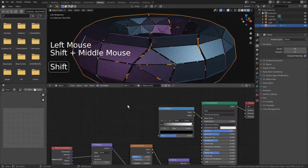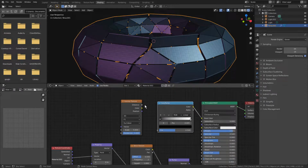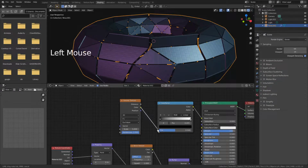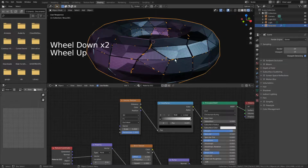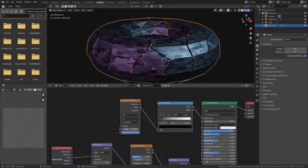So what we do is we add something to give it some detail, and I'm going to hit Shift A to add and do a Voronoi texture, because there's a lot of different ways to set up a Voronoi texture, and to me they always look the coolest. So what I'm going to do is drag the color into the factor of the color ramp, and that's going to give us this kind of effect, which isn't super desirable. This is set to Euclidean Voronoi, and I actually like the way Manhattan looks in this situation, because if we scale it up you can see it adds some interesting shapes,